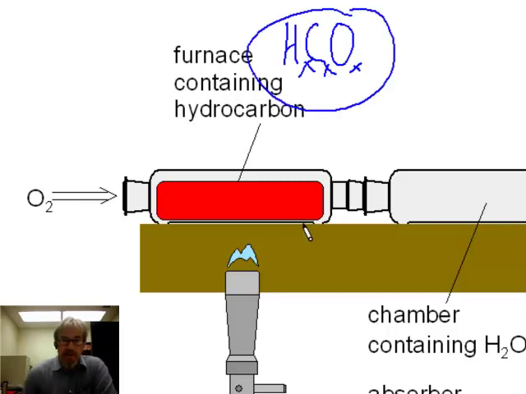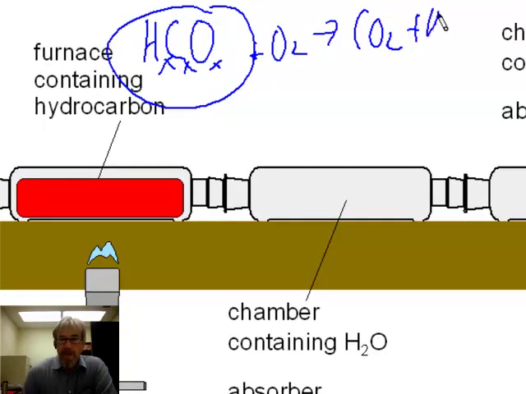So here's what happens. You put in one chamber of this device the compound that you want to analyze. You pump in pure oxygen from this end, so not air, but pure oxygen. And you heat it up so a reaction takes place. The products of combustion are going to be, we all know this probably, CO2 and H2O,